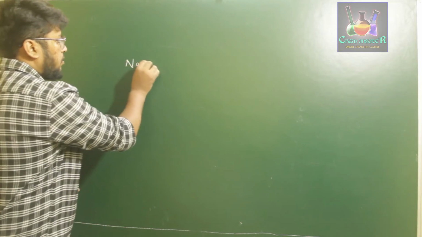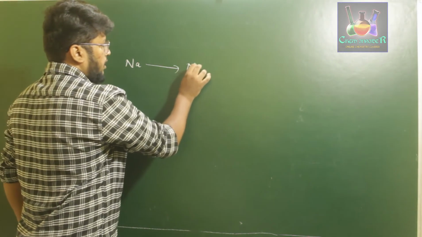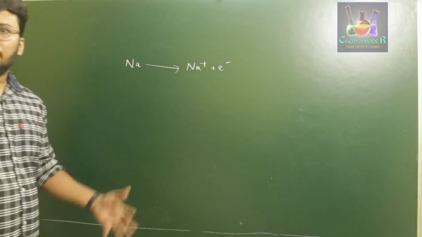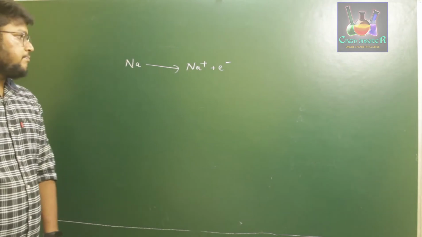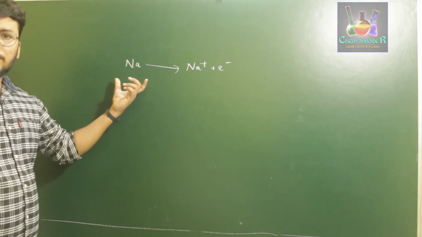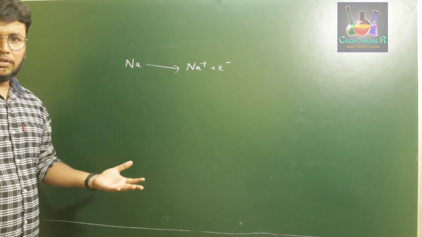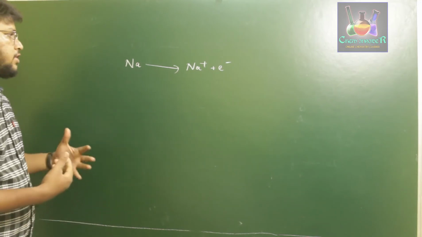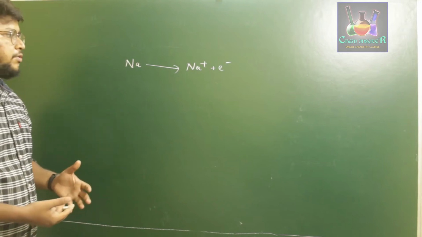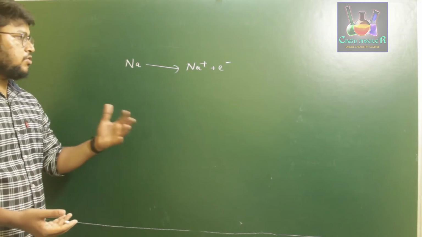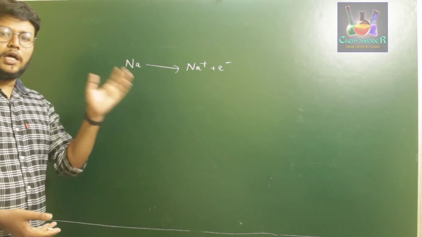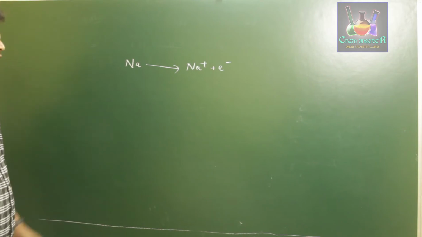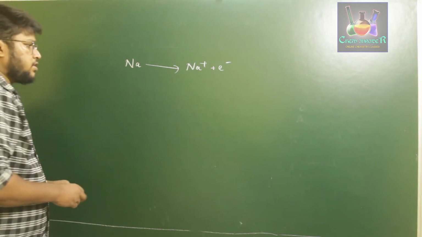Sodium atom loses an electron to form Na+. We all know that. But is sodium really losing its electron for nothing? No. What we are going to observe here is, we are providing some amount of energy to the sodium, energy for the electron to be evaporated from the shell of the sodium atom. Now let us consider an electron configuration diagram for that.